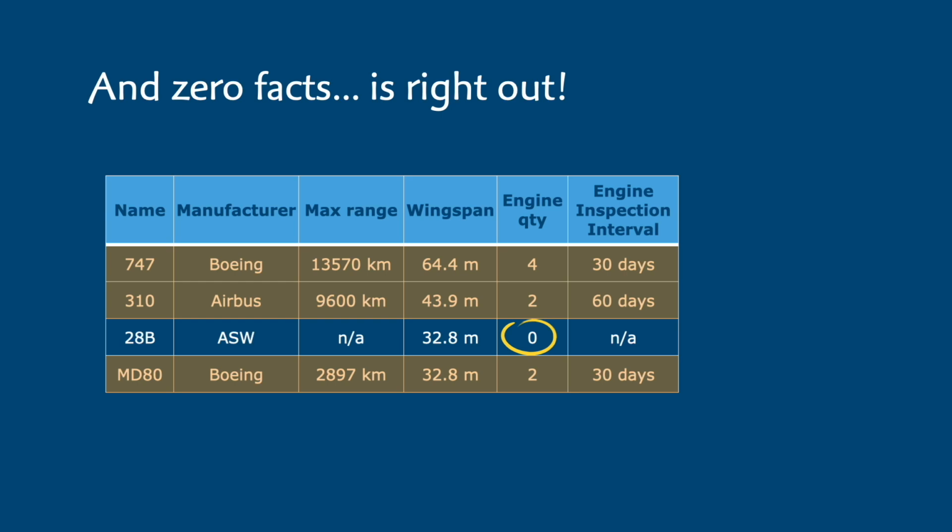It's the not applicables that cause trouble. Not applicable means that there's no relevant fact for this particular instance. The engine inspection interval is not relevant because there are no engines. And actually, the fact that the value 0 has an effect on the meaning in a different column causes us other problems that we'll discuss in a future video. Also, the maximum range is not applicable since it is computed based on fuel consumption, among other factors, and fuel consumption is also irrelevant to a glider.